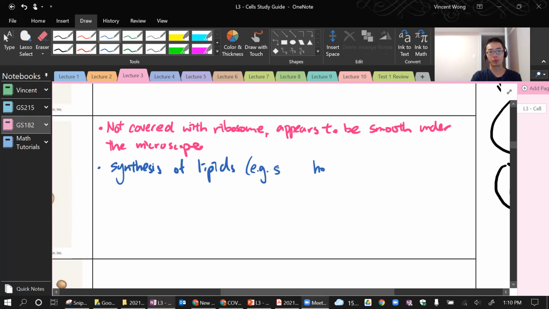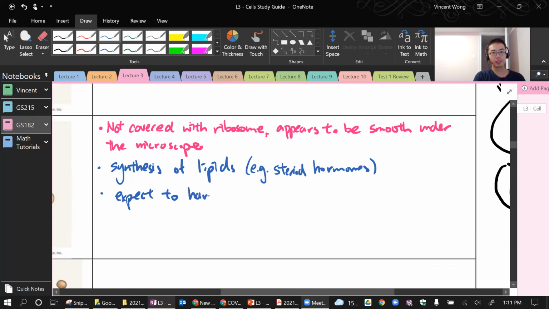Steroid hormones. We learned that word last time. Steroid hormones. Okay, such as testosterone, progesterone, estrogen. These are steroid hormones, and the smooth ER is responsible for doing that. Okay, so you would expect to have